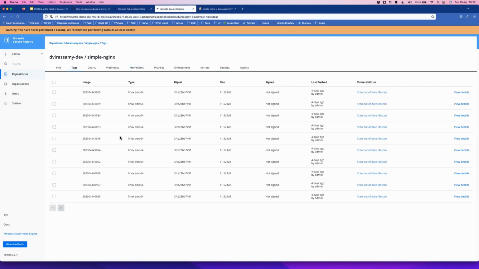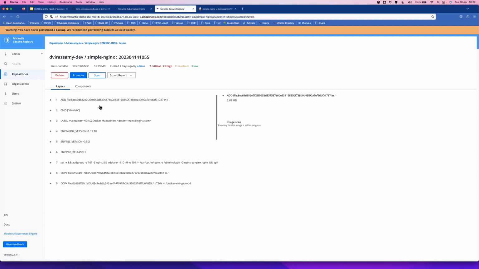So if I go to tags here and rescan an image, let's say I scan this one, they will all be pending. They will start to scan the image, and once this is done, I will get the results here, and you can view the details in this part, right? I can also do a manual promotion here, but again, we have that rule, and it will not be promoted because you can see that that simple image has 7 critical vulnerabilities. So there is no way it's going to get promoted to the production repository, right? So you can automate all this